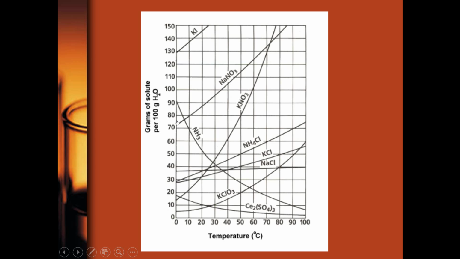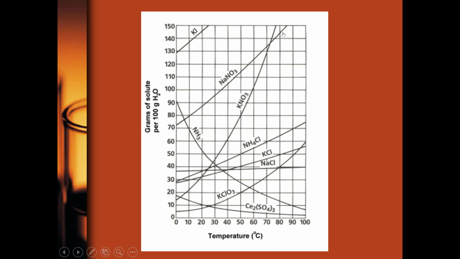Now, this solubility curve looks overwhelming because we actually have 9 different curves in one, but let's just focus on one curve at a time. If we focus on this sodium nitrate curve right here, just block out the other curves from your sight. Any point along this line represents how many grams of solute, how many grams of NaNO3 in this case, are dissolved per 100 grams of water. As temperature increases, when the water gets hotter, you're able to dissolve more solute, more sodium nitrate,